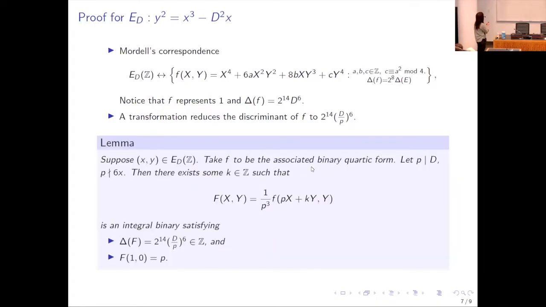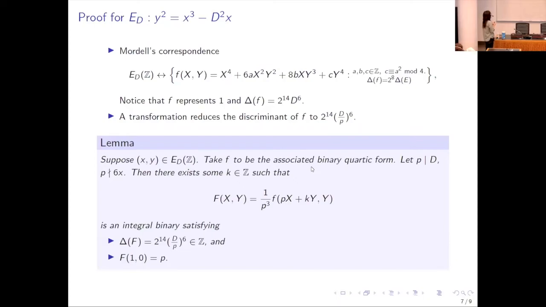And I will just show you the lemma. So this is the process. It's just a simple transformation. I'm transforming all the binary quartic forms to something with a smaller discriminant. But the condition I need to satisfy is on this P here. I could pick any P. Actually I write P, but it doesn't have to be a prime because of the Chinese Remainder theorem. But suppose P is a prime, just for convenience, then I need P to divide D,